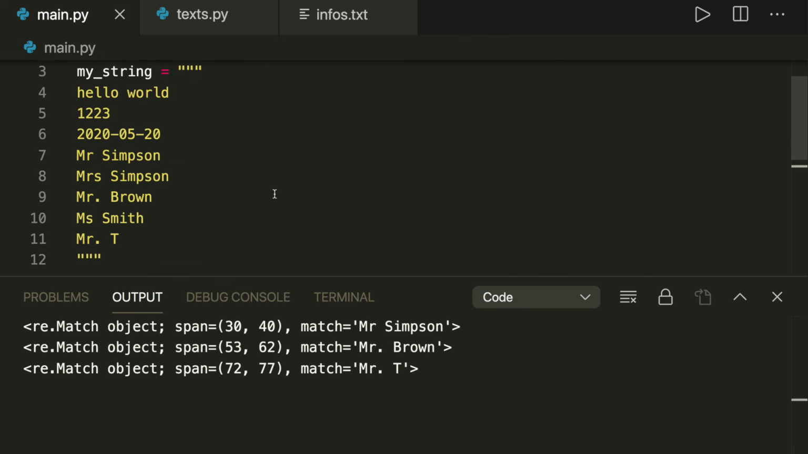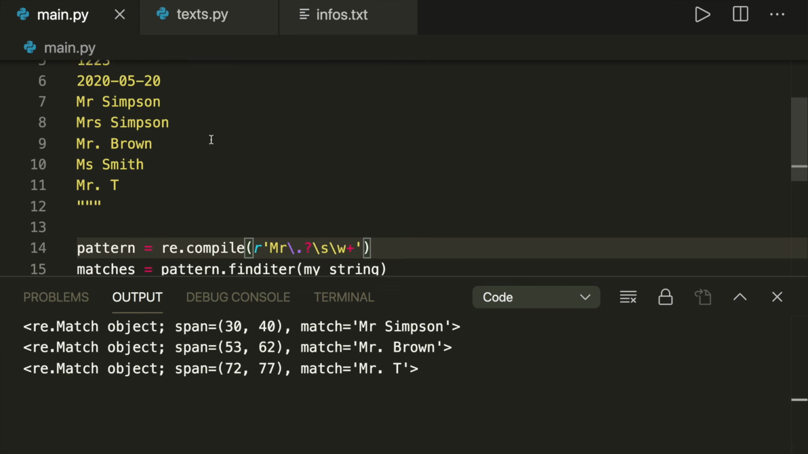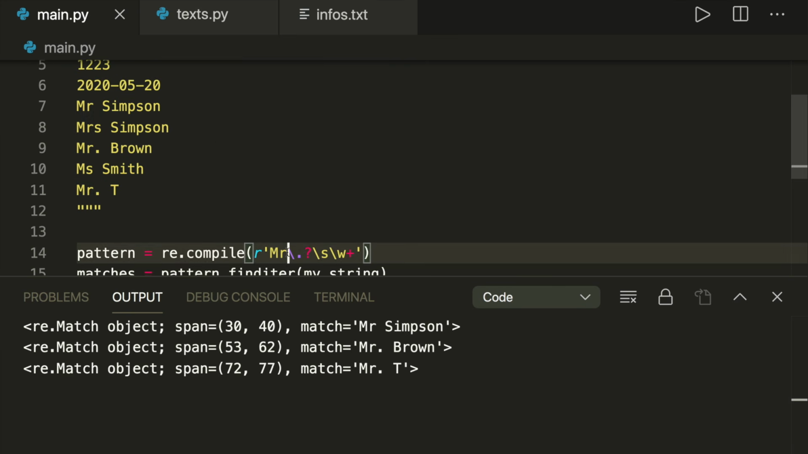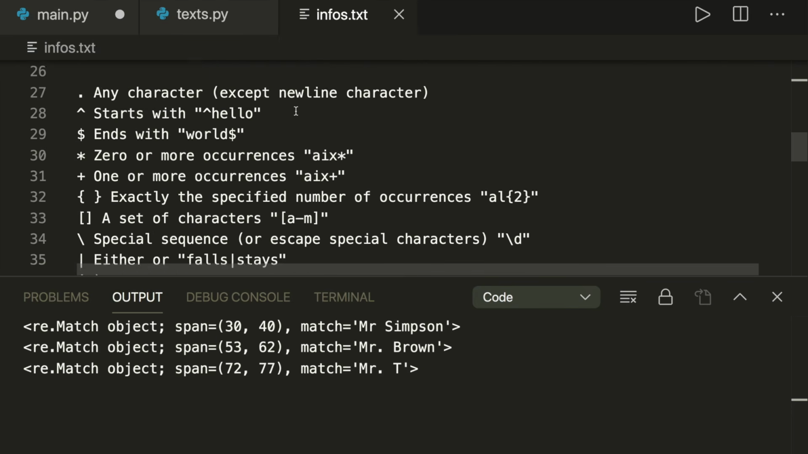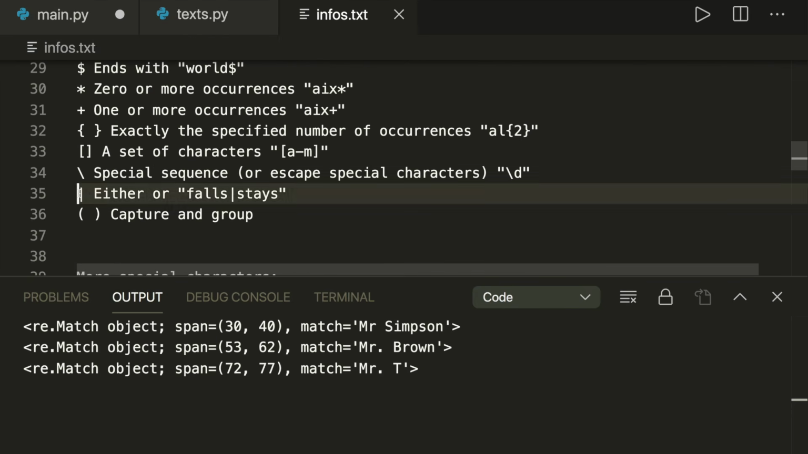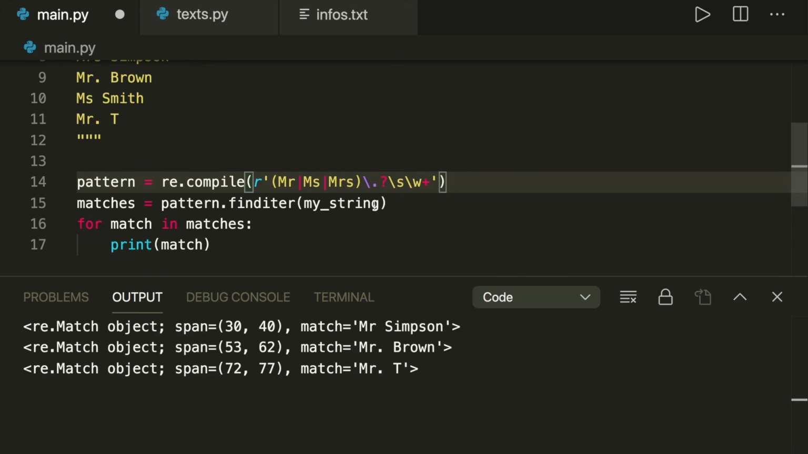And now let's talk about where conditions are useful. So in this case, we may not only have Mr., but we may also have a Miss or a Mrs. So then we can use a condition. So we use parentheses here and then we separate them. So let's have a look at this. Here, this metacharacter is the either-or. So now if we use this, we can write Mr. or Miss or Mrs. And then if we run this,